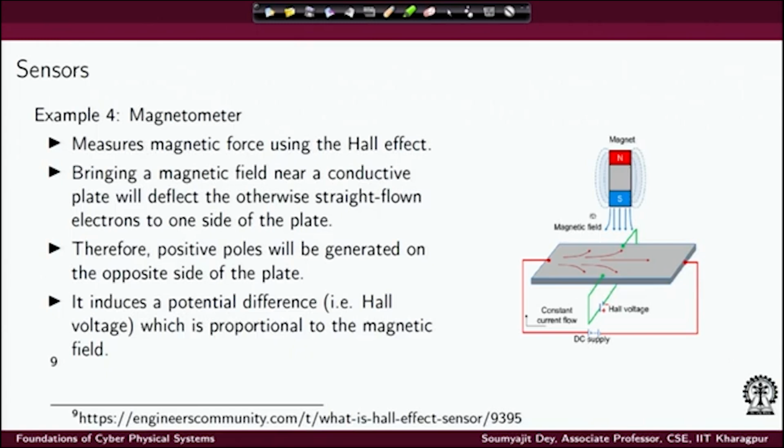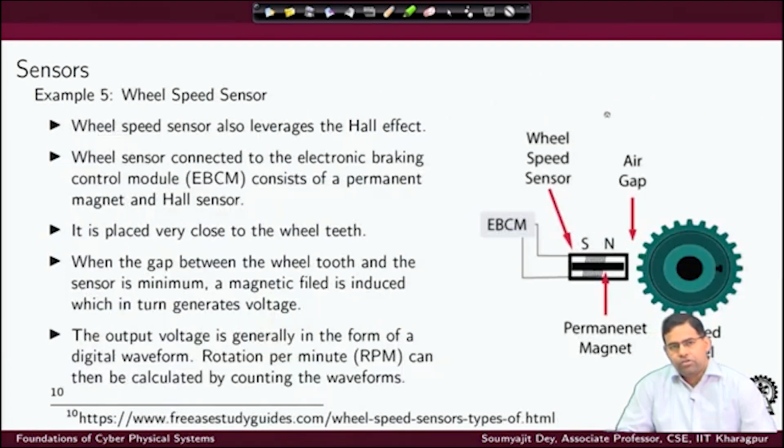Now suppose I bring this magnet, I take that magnet back, again I bring this magnet, I take that magnet back. If this kind of constant motion is happening, what will happen? This Hall voltage will appear and disappear, right. If I add a suitable resistance and measure the current across it, I will see a current pulse appear and disappear, and that would be happening proportional to the speed with which I bring this magnet near and take it far, right. So this principle is very commonly used in the wheel speed sensor of vehicles.